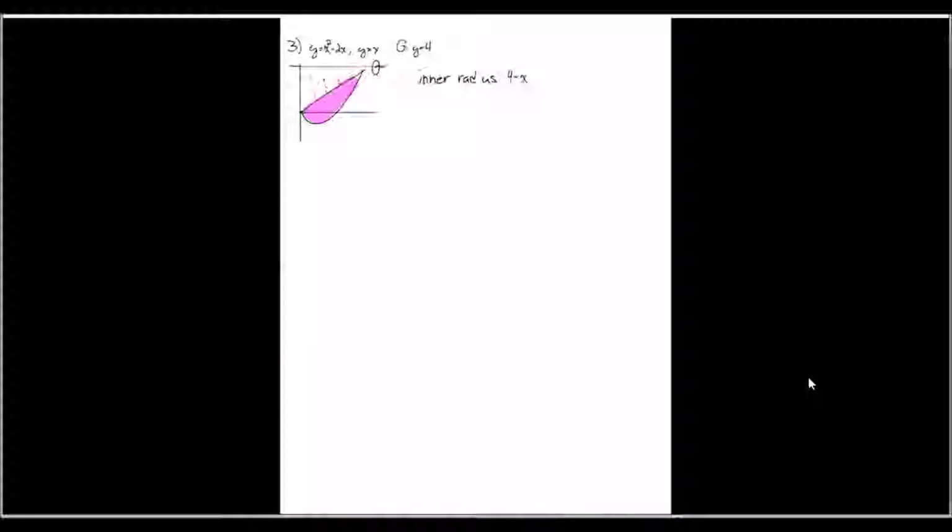Because if we've got this region 4 here, and we subtract this y equals x, this x component, then we get the distance between those two, right? Which is this 4 minus x, and that's going to be your inner radius. Now, our outer radius